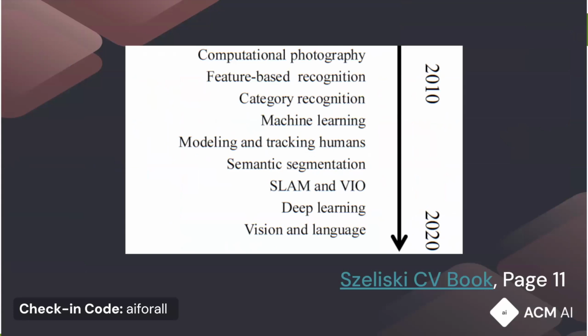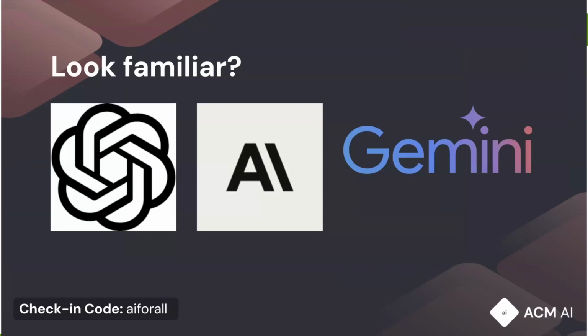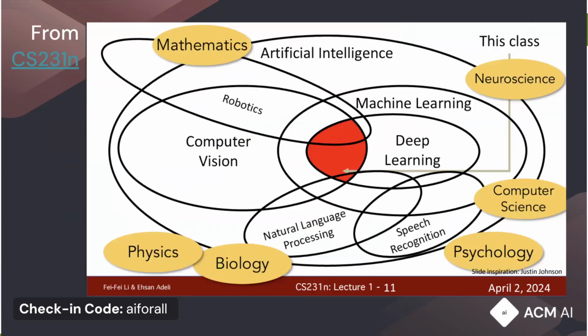So as you can see here, the most recent change is that we are changing from something called deep learning into a combination of vision and language. So you probably would know what the language here means if you recognize any of the brands or the companies here. So yeah. So I guess before I jump into vision and language, first of all, for computer vision itself,